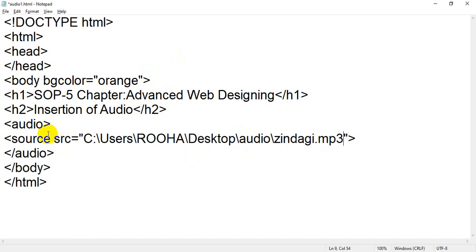Now we have to use one attribute of the audio tag, that is controls. That's how we can see whether the audio is added or not, because the controls attribute will display the control panel. So I will use controls. Let me save this file.